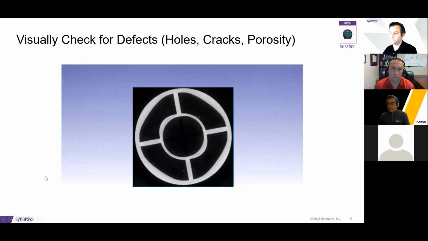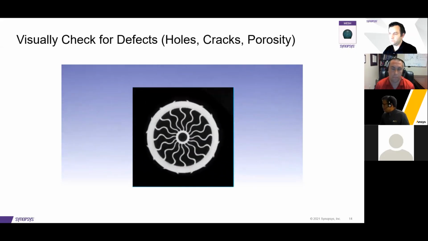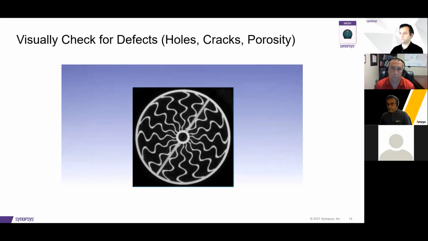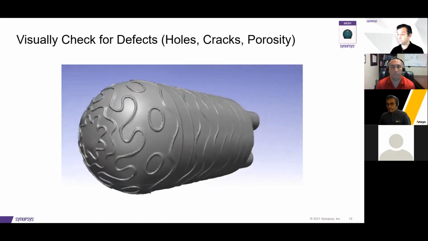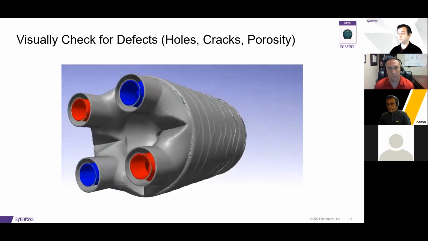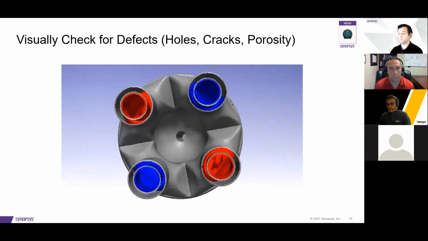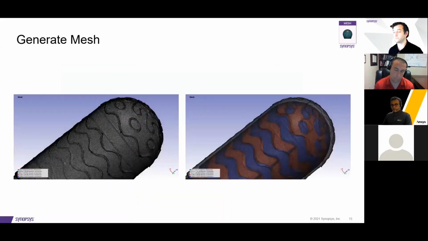The next step in the process then is, prior to generating the meshes, we once again wanted to review the images to see if there were any defects in the images that we should ultimately include in our meshes. In this case, the part was very high quality as printed. We did not notice any visual defects, cracks, or any pores that would ultimately need to be incorporated in our final model. So then we were able just to create a model of the part as it is without having to worry about incorporating these defects, which we did using the Simpleware software,